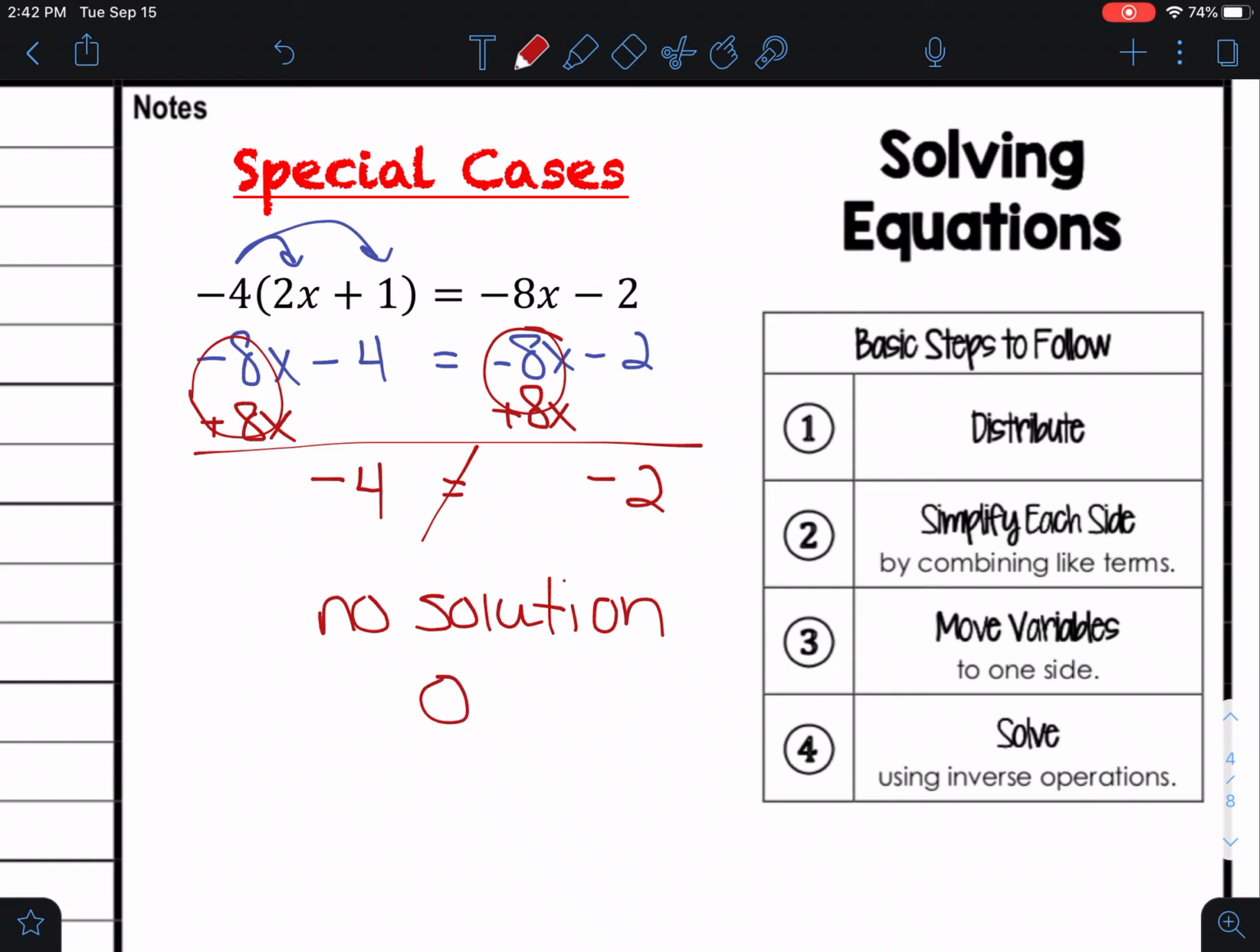You can also use the abbreviation for that, which is the null set. It looks like a 0 with a slash through it. Okay, so you can write out either one of those two things. But so that's a special case. When your variables drop out, you end up with a false statement, then your answer there, no solution. All right. Let's take a look at